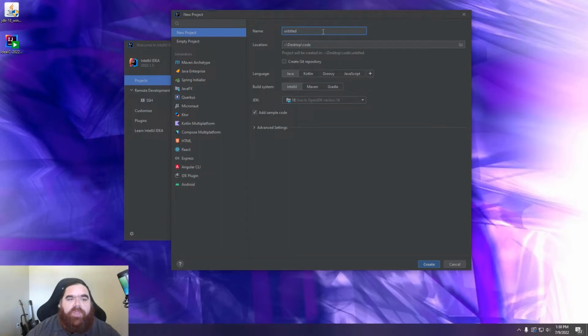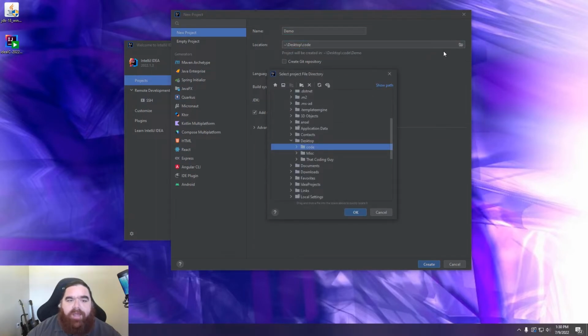So I'm just going to enter a name for my project here. I'm going to call it Demo. Now, I would recommend, if you haven't already, creating a directory on your desktop or a place on your computer that's easily accessible to you, because you'll be doing a lot of stuff, and it really helps to stay organized over time, especially over the long haul. So I went ahead and created a code directory on my desktop, and if I browse here, there's